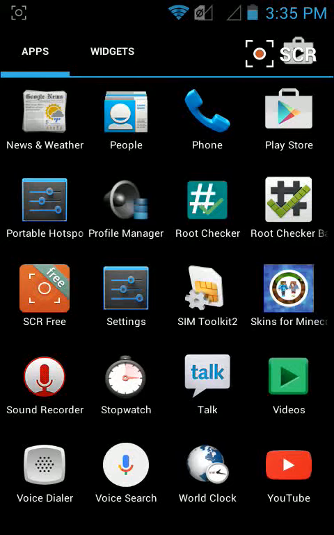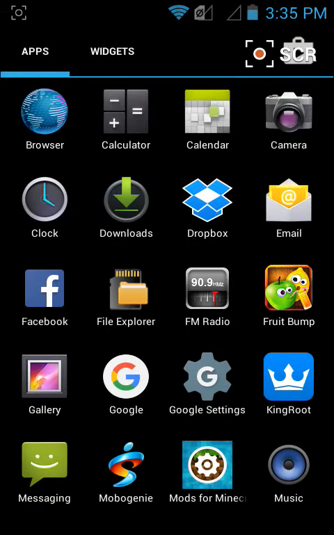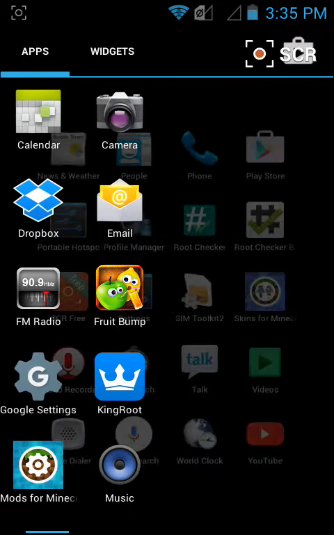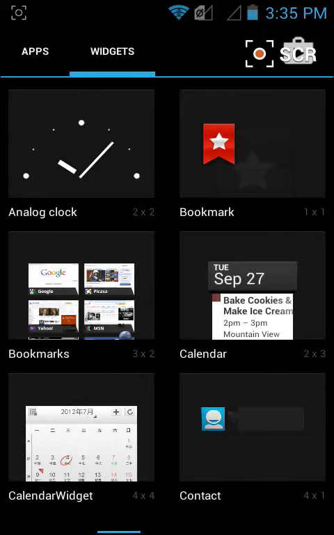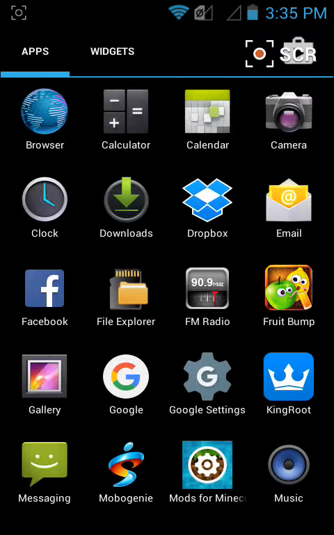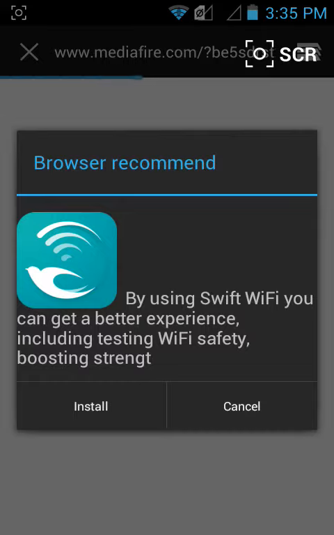Hey everyone, today I'm gonna show you how to download the APE Minecraft Pocket Edition 0.12 to browser, and I'm gonna link this in the description below.